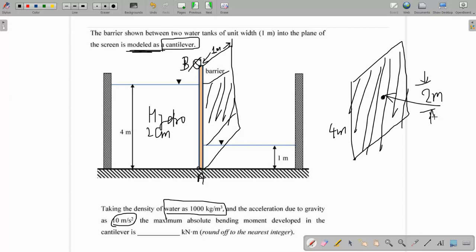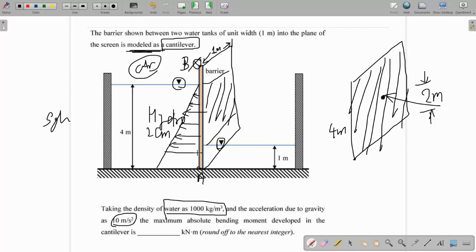As per the hydrostatic law, you can assume this in 2D, but the application point of the force, or you can say the center of pressure, is the center of the pressure prism. Here the pressure variation is given by the hydrostatic law, P is equal to rho g h. As the depth increases, the pressure at the bottom surface will increase, and this is the free surface as they have marked here. So there is zero pressure, or zero gauge pressure, because atmospheric pressure is always acting, but in our case we have neglected it. So this is the pressure prism.